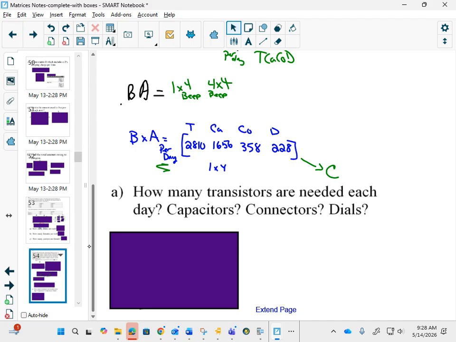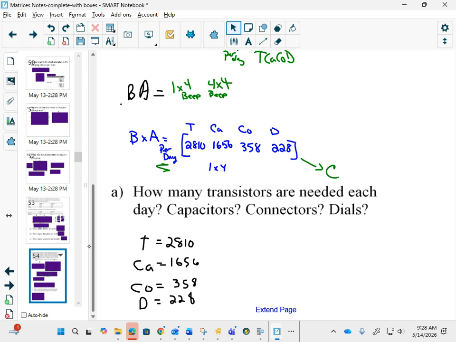So we've answered how many transistors? We've answered part A. And again, if we were doing this question, we would take out our calculator, put this information in. Then in part B here,